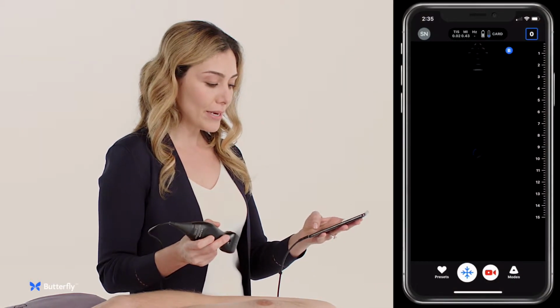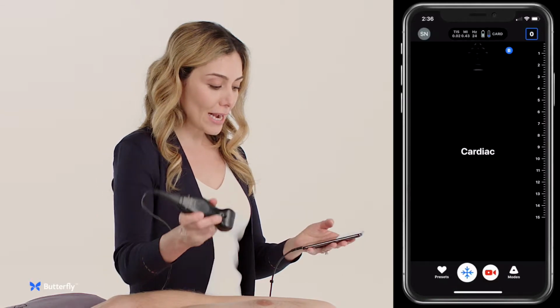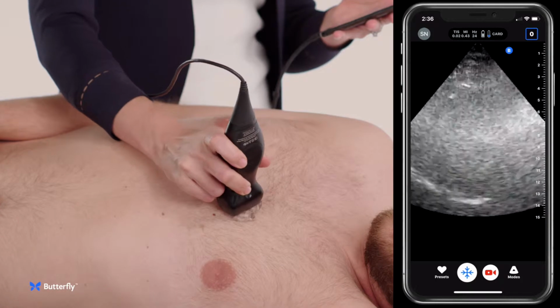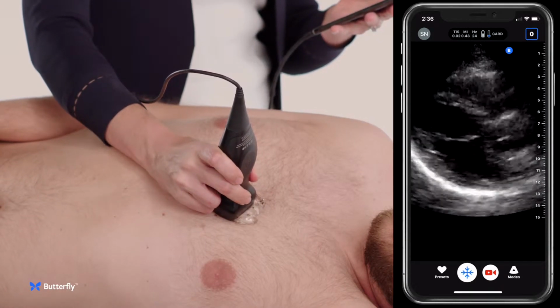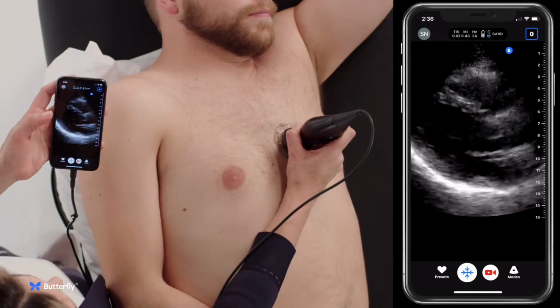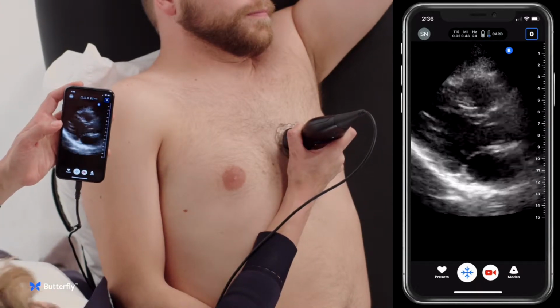recover. So what I'll usually do is I'll start by going to the presets and selecting the cardiac preset. And once I'm in the cardiac preset, I'm going to take the probe and put it in the third to fourth intercostal space with the orientation marker pointed towards the patient's right shoulder. This is going to give me the parasternal long axis view, and that is a really nice view for evaluation